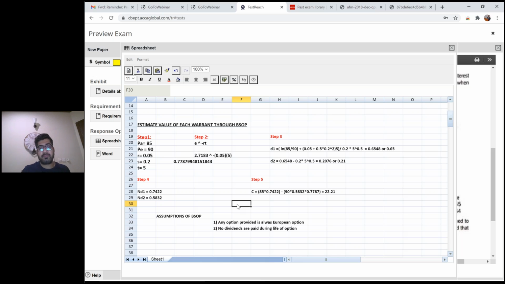BSOP says we can't answer. We don't know anything about dividend. Therefore, assume in this model that no dividends are paid, because if dividends are paid, this will lead to a fight, conflict, right? So BSOP assumes there is no dividend, because if there are dividends, both parties will enter into conflict. Okay.